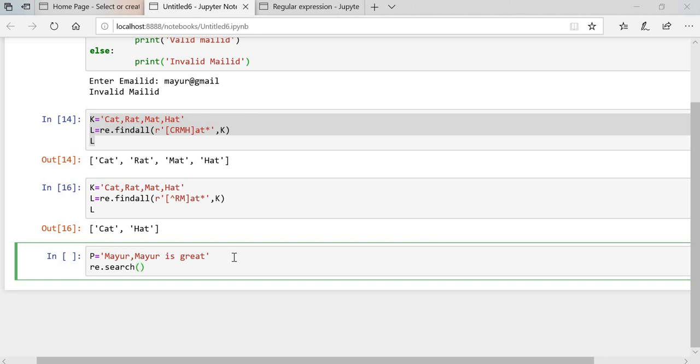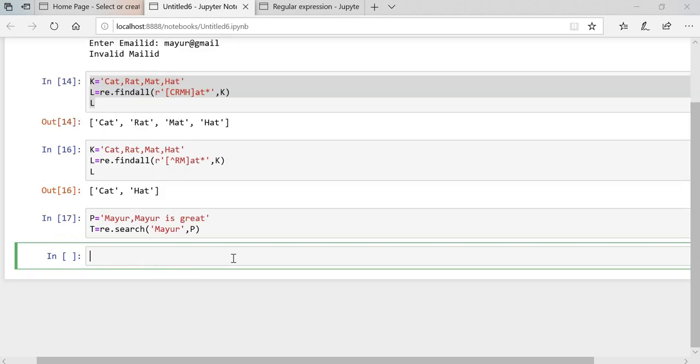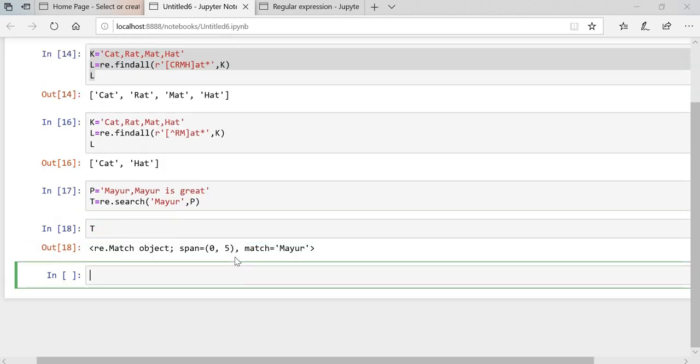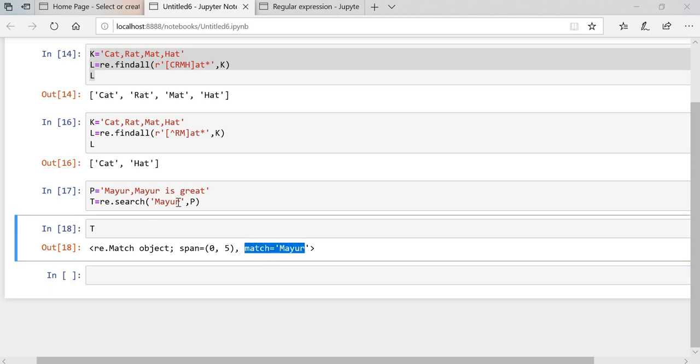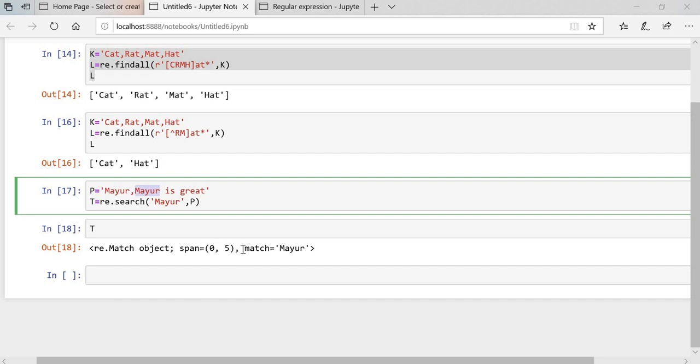Mayur, from where? p. We'll put this in the letter t. Execute, t. We matched Mayur. We got one match with this Mayur. The span is 0, 1, 2, 3, 4 and 5. This is the index value that we got here.